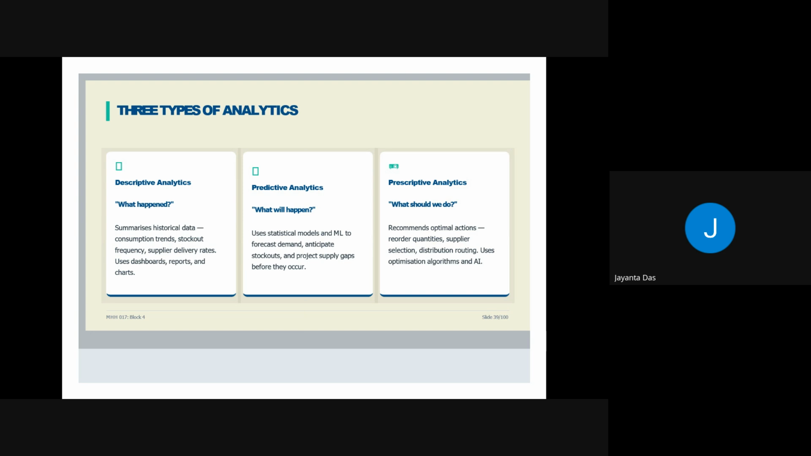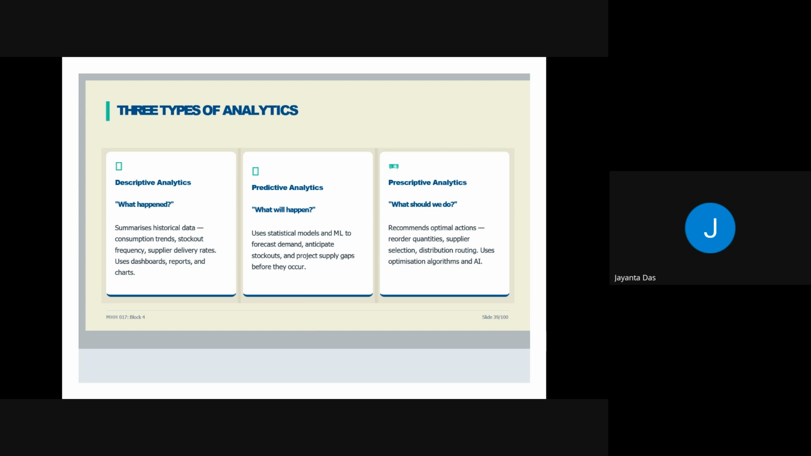The three types of analysis: the descriptive one, what happened, that summarizes the historical data from the past, from which we will be developing our next predictions, next forecasting. Then predictive analysis, what will happen. So use statistical models and machine learning to forecast our future demands. And prescriptive analysis is what should we do, recommend the optimal actions: reorder quantities, supplier selection, distribution routing, use optimization